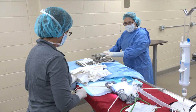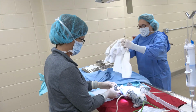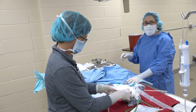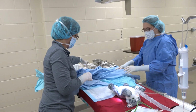So I'm going to take care of all the instruments. I've got my sharps in here, so I'm going to put them in the red bin. I'm also going to take care of all the laundry associated with surgery. And there are hampers in the front room where all the dirty stuff goes. Just look for labeled containers where to put things. Dirty drapes, etc. Okay, let's